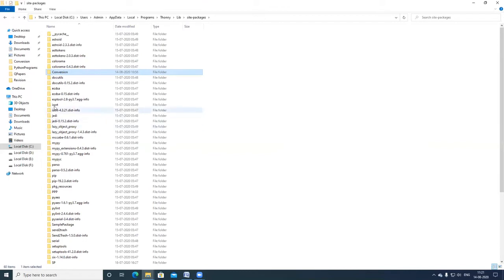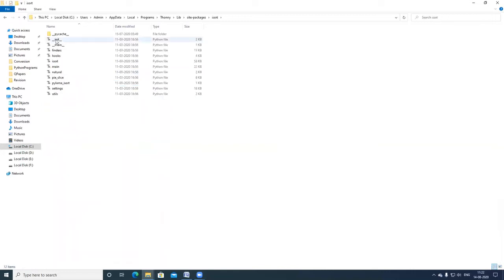In order to check whether all the packages present in site-packages have the __init__.py file, we just randomly click a particular folder or package.